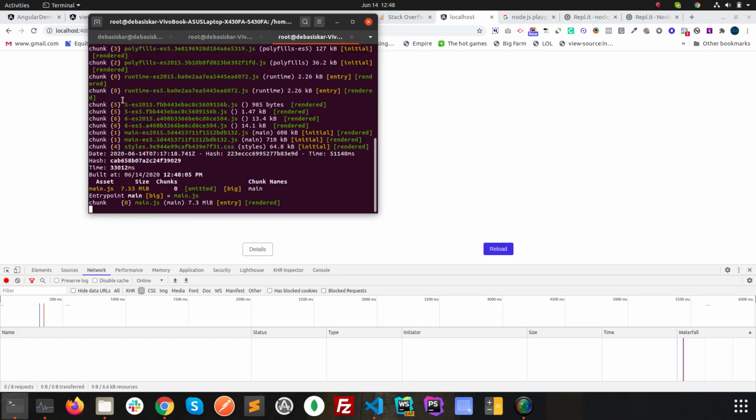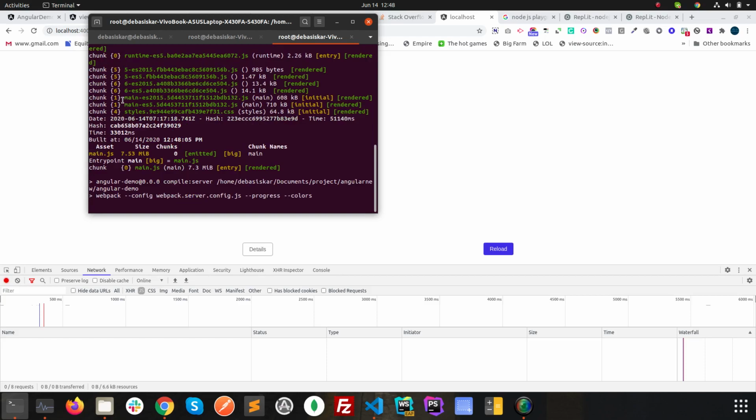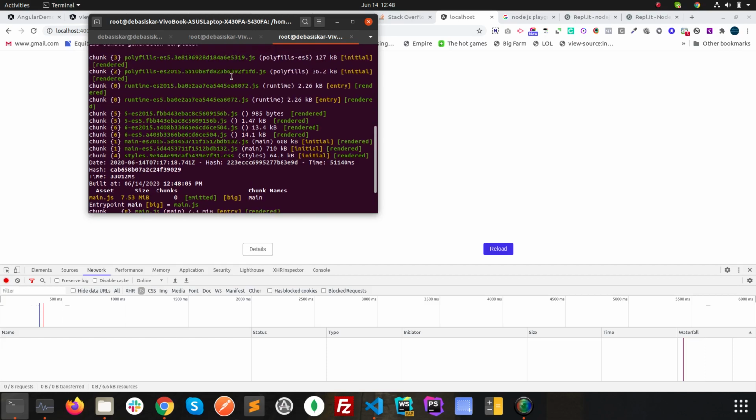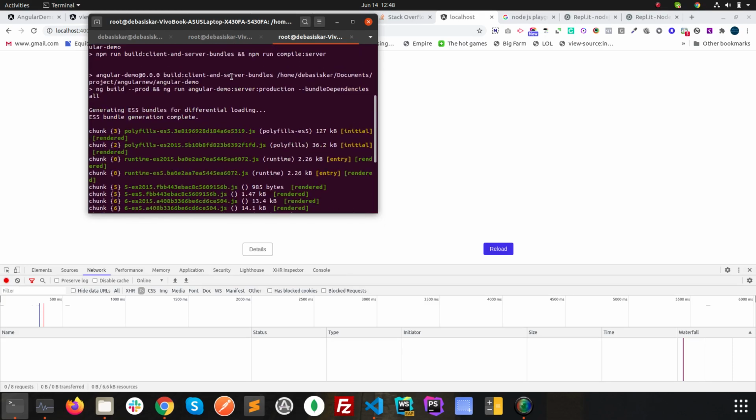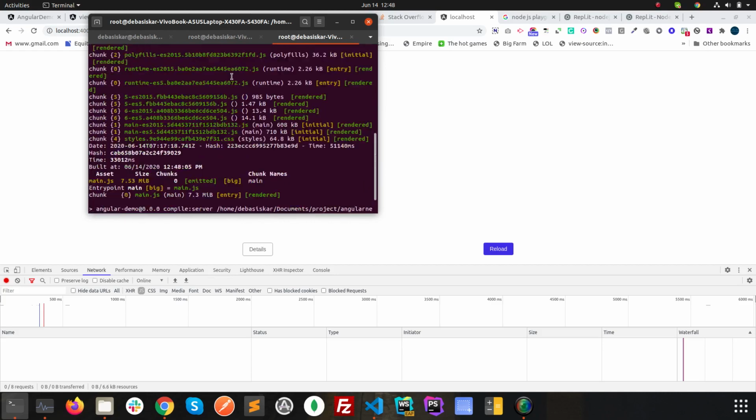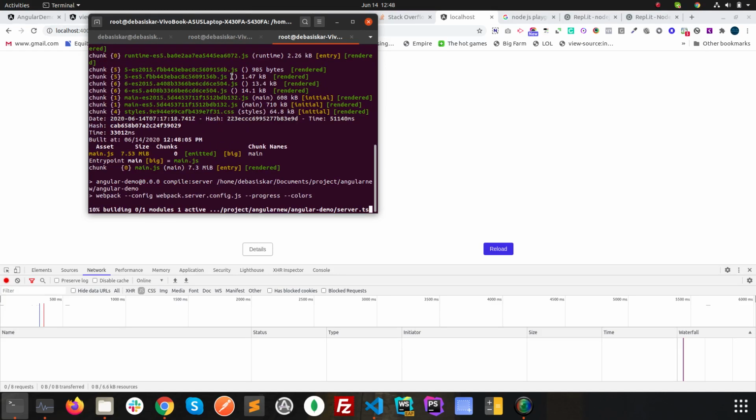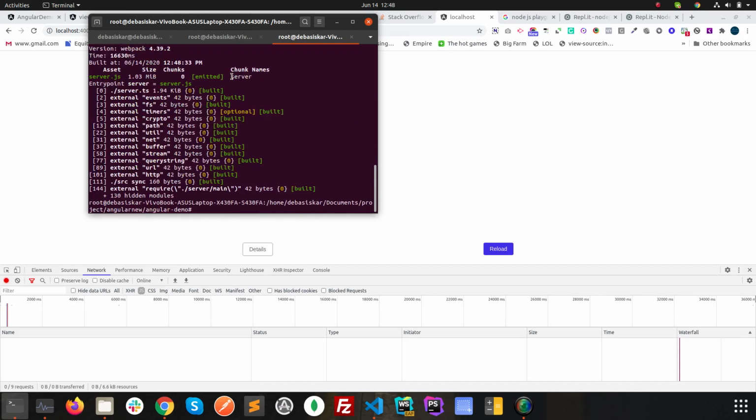Seems like it's near to be done. There are 3 steps. One is a simple build, then it will create the files for server side, and then it will run the webpack step. Now it's done, as you can see.